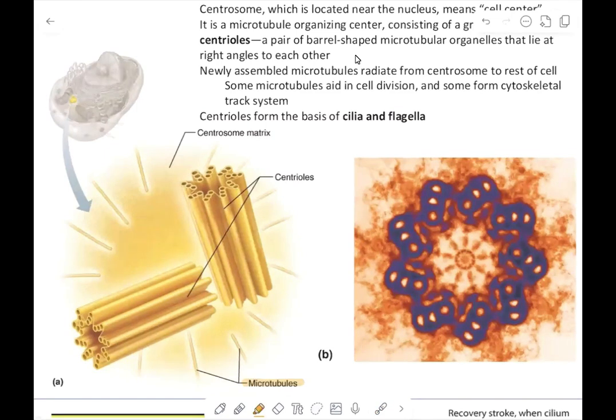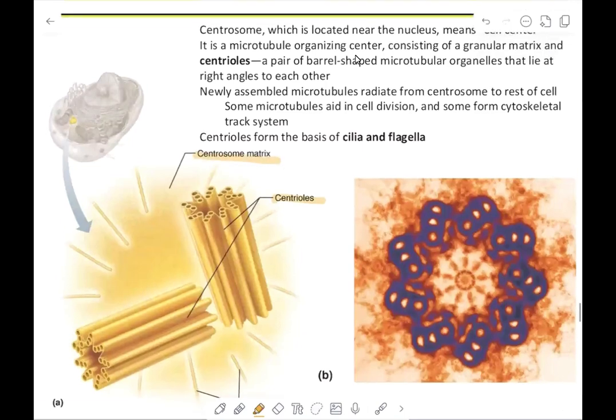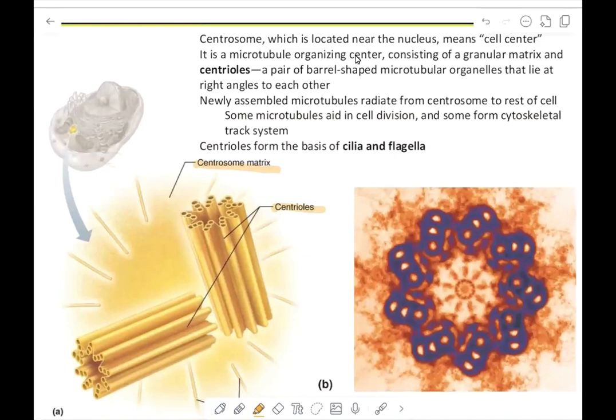Those centrioles, when they are paired, there's two of them in what's called a centrosome matrix. So the centrosome is located near the nucleus, meaning cell center, and that is a microtubule organizing center consisting of granules. These granules are a pair of barrel-shaped microtubular organelles,